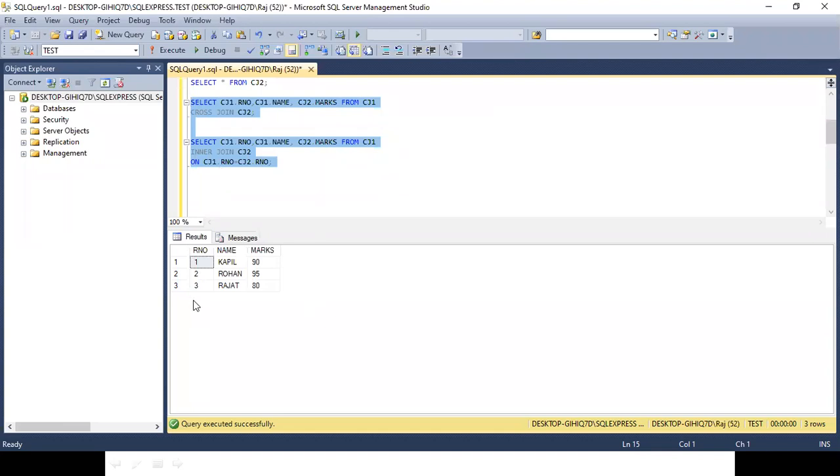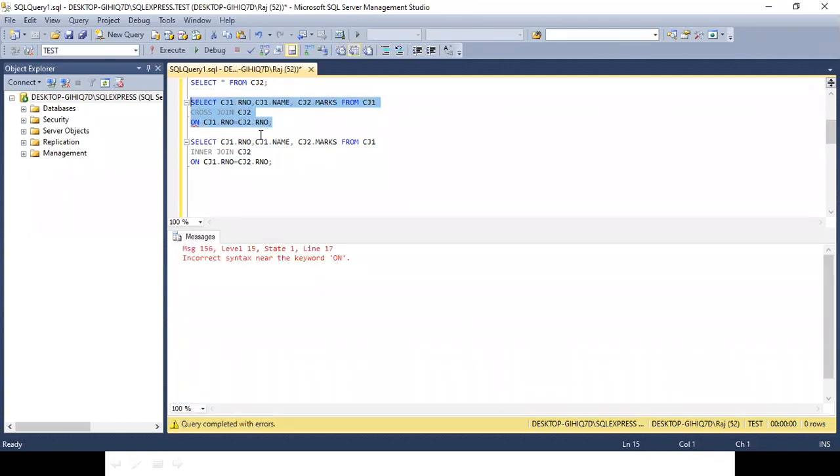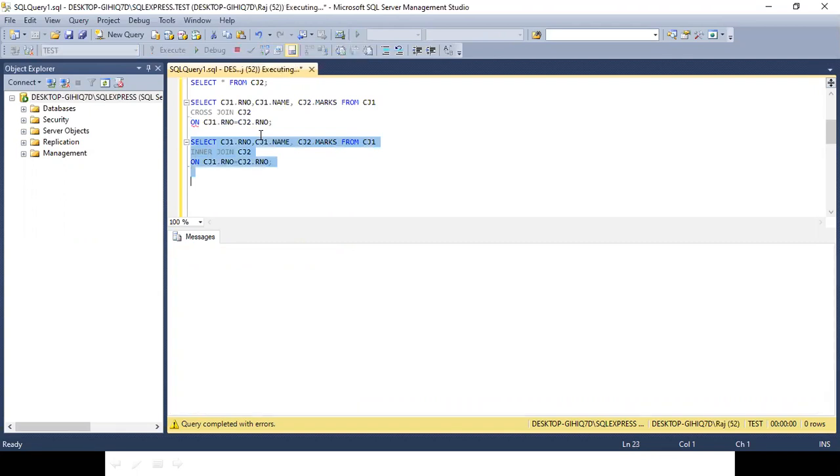Yes, that is the point. It is a very important point and you should have highlighted that till now, in all the joins which we have done, we have to specify ON. But in cross join, this is not the case. If I want to specify an ON over here, see what happens. I will be getting a syntactical error. That means it does not accept the ON. Cross join does not accept the ON keyword.